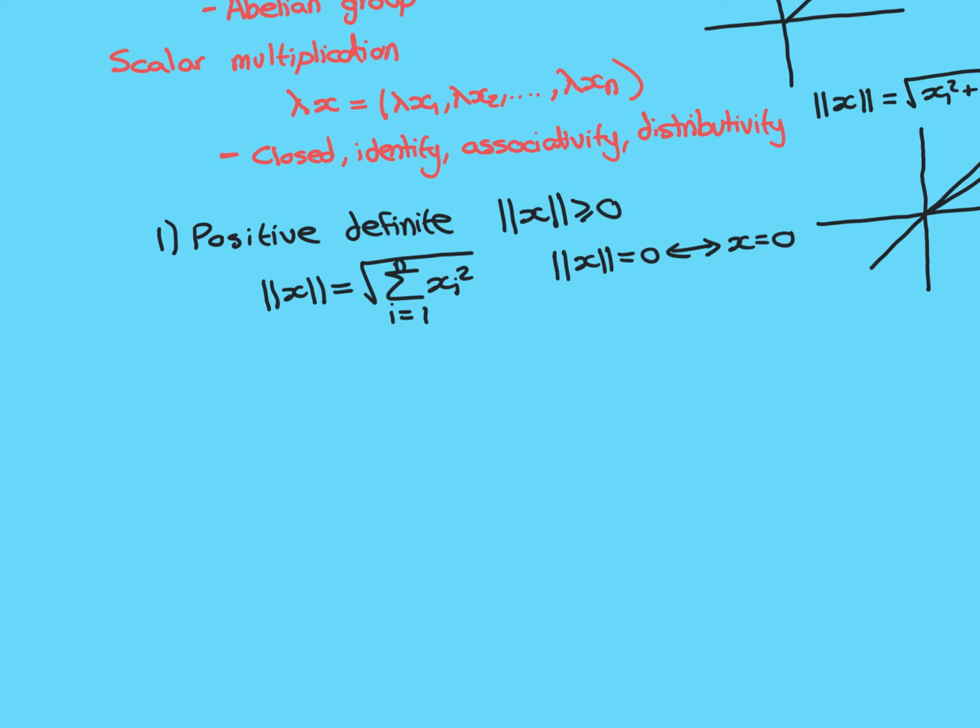When x is the 0 vector, then all of the components are 0. So you're taking 0 squared, adding it together n times, you'll end up with 0, and when you square root 0, you still end up with 0. So yes, x being the 0 vector implies that the norm is 0, but also it works the other way around. When the norm is 0, you can conclude that your vector is the 0 vector,